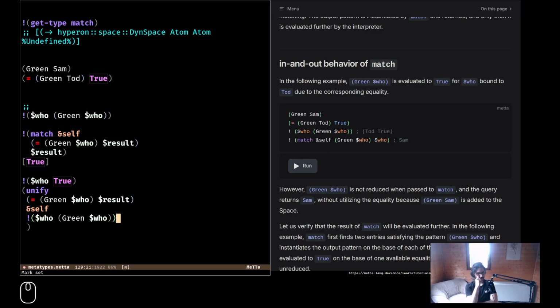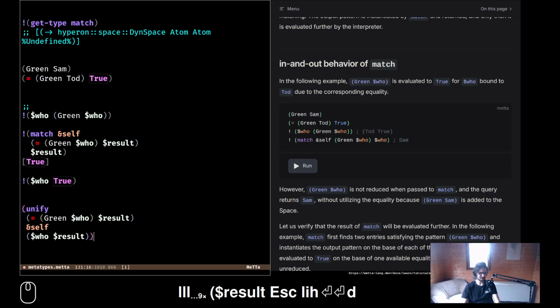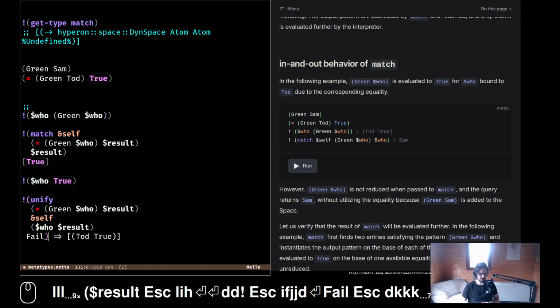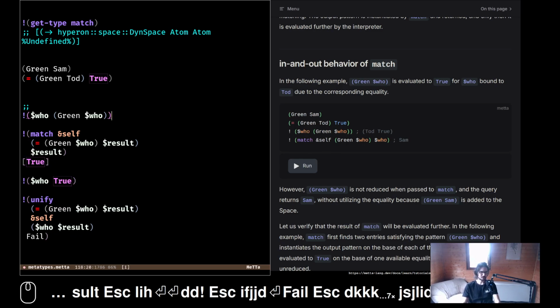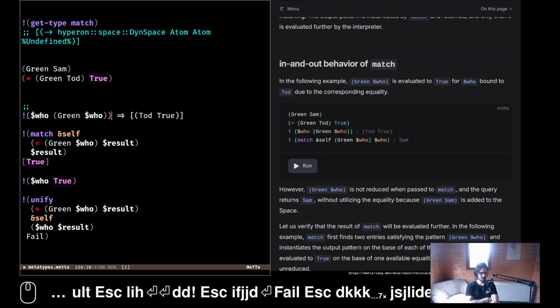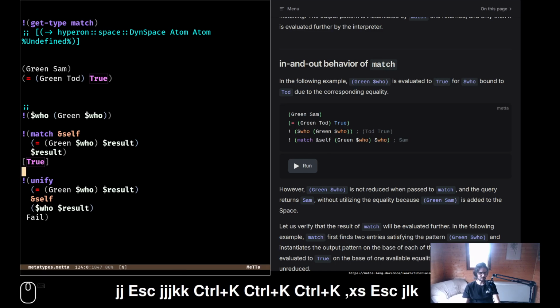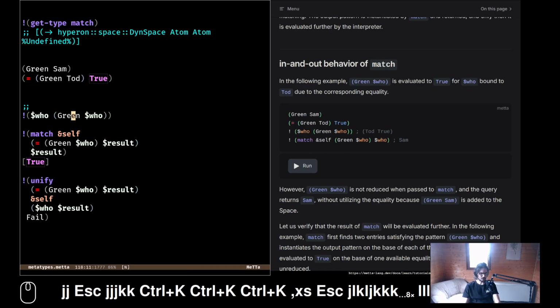Here I return something like that, right? Who? And here with result. I think this would basically be an else fail, you know. Yeah. This would return Todd true, the same way that running it here returns Todd true. Yeah, I'm guessing that roughly this is happening, but how it basically does that,